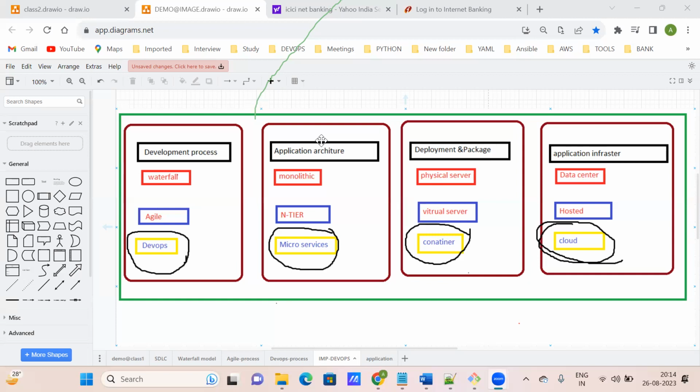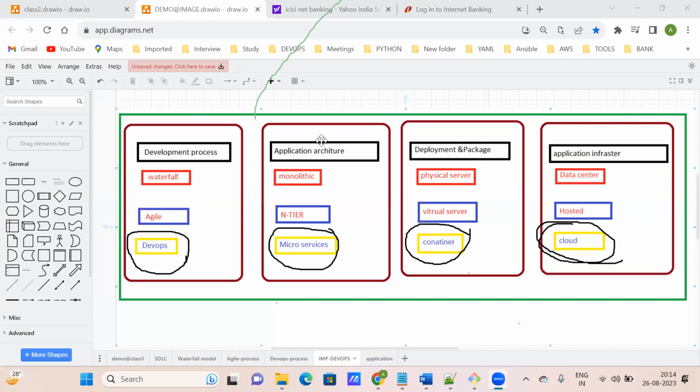At that time in the software industry there was a company called VMware. They were the first to do virtualization. So what is virtualization? On your physical machine, they install some software, and on top of that they can create multiple OS, so that one tester can test many applications in parallel. That type of thing came to the market when the agile process came into the picture.